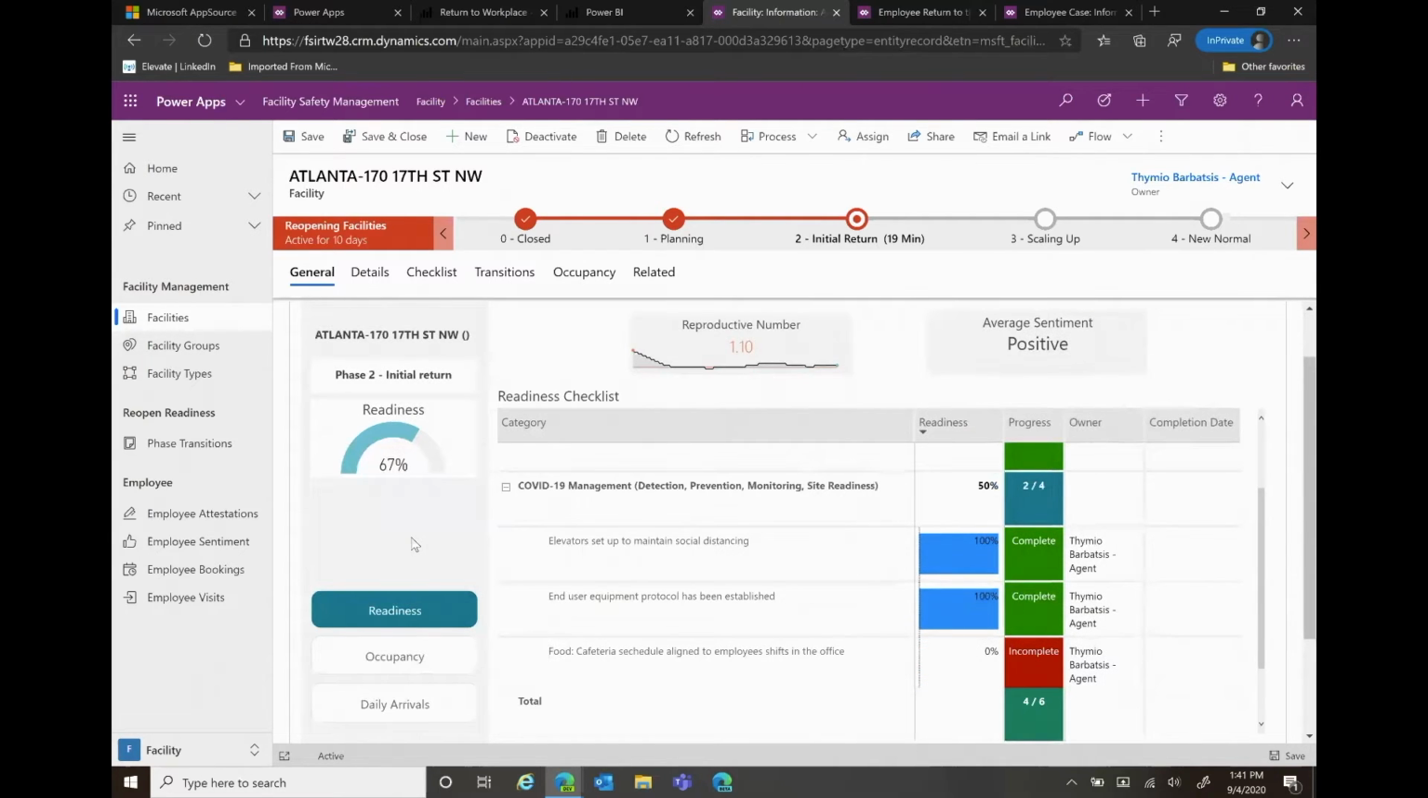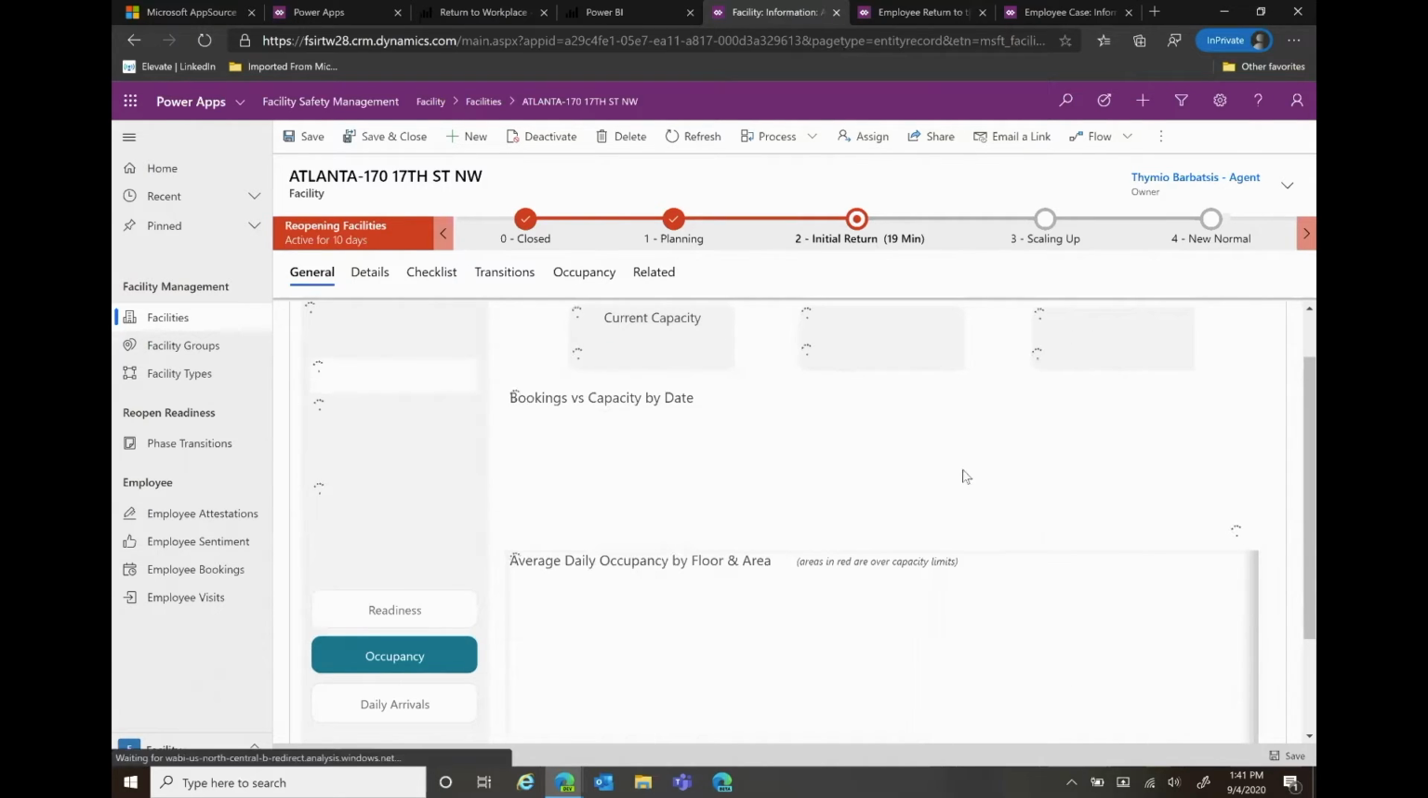Another important feature is understanding occupancy. As we're deciding to open up a facility, we also need to understand the occupancy as it relates to workers coming back and the social distancing that we've applied to facilities. Quickly, I can look at occupancy for a particular location, take a look at my current capacities, as well as any bookings or any of our employees that have checked into this location today or in the last